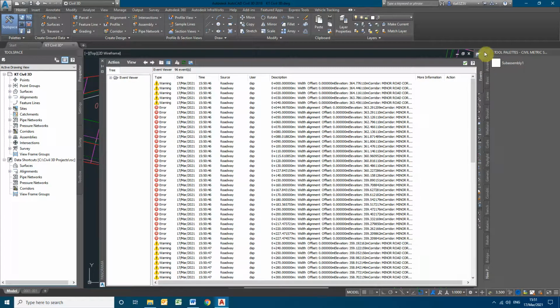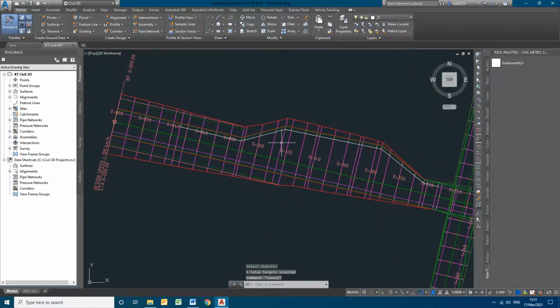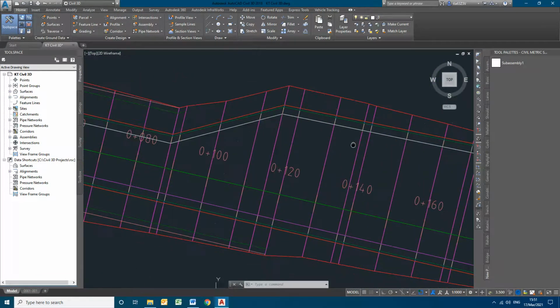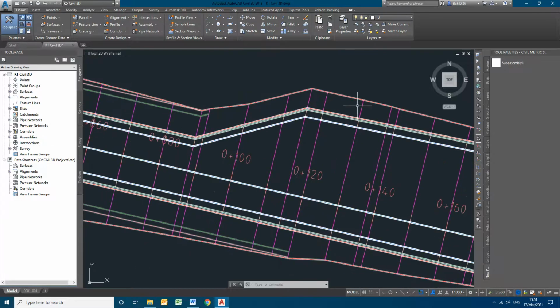I mean left hand side. So now you can see the corridor has followed the widening path of this bus bay location. After that, again the footpath, everything will be considered later. These are the cut fills.